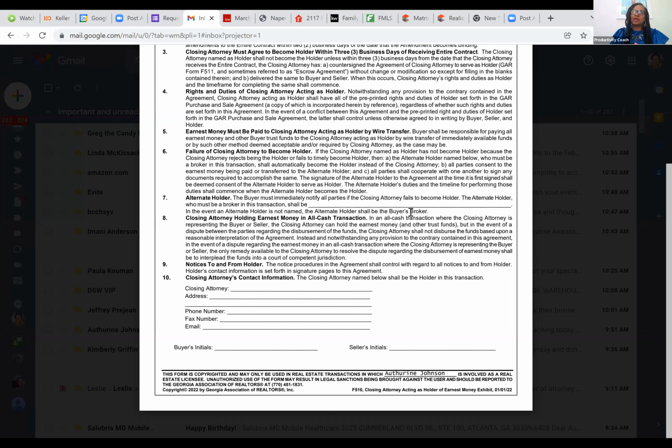There are other companies who are not Zillow, OfferPad, and Open Door that will say, you know what, we want to hold the earnest money. Why would I let Remax hold my buyer's earnest money when we're quite capable of holding our own earnest money? Okay, so everybody understand this one. This one just says, here's the closing attorney, Wiseman, whoever, here's their phone number, the buyer's initial, the seller's initial, and then